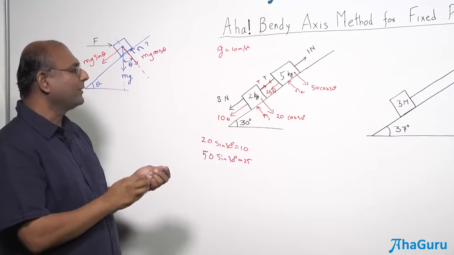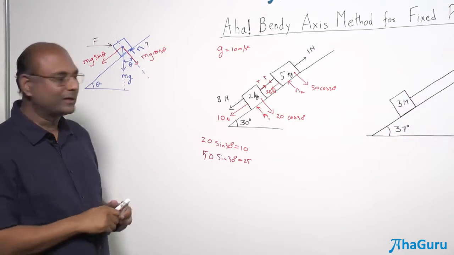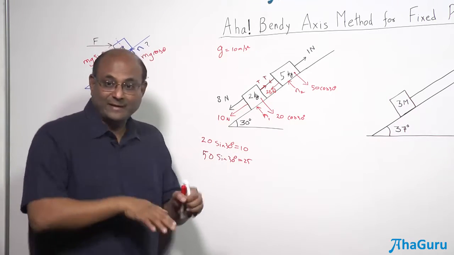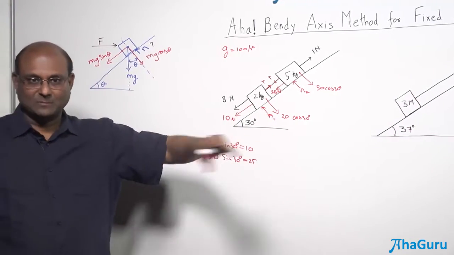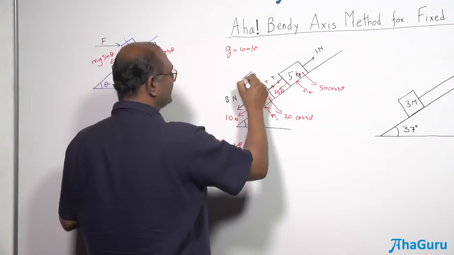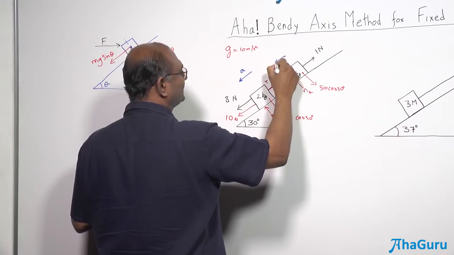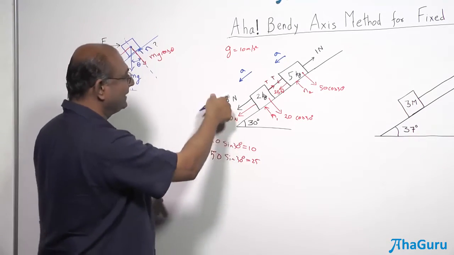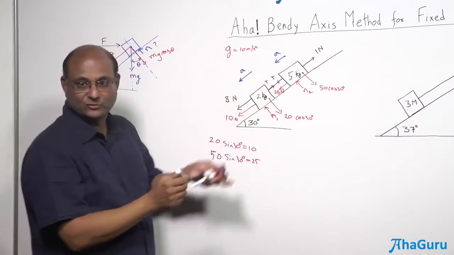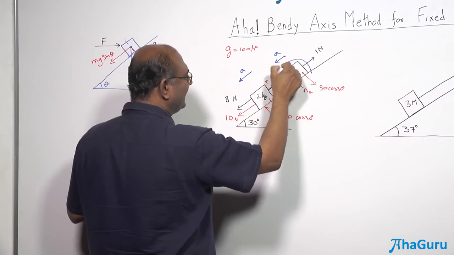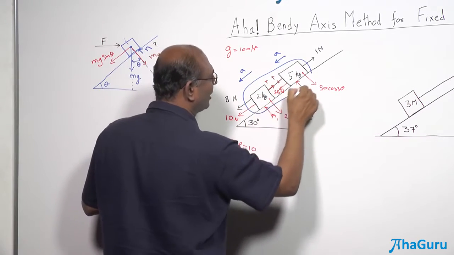Now if you see, I'm not going to use lots of these forces. What do I want? I want its motion in this direction. And so like we did for horizontal planes, objects moving together, are they both going to move together? This is going to have an acceleration A, that's going to have an acceleration A, correct? In this direction, because you can see this is 10, 8, 1, 25, so it's definitely going to move down. And there is no friction. I can treat this as if it is one big block.